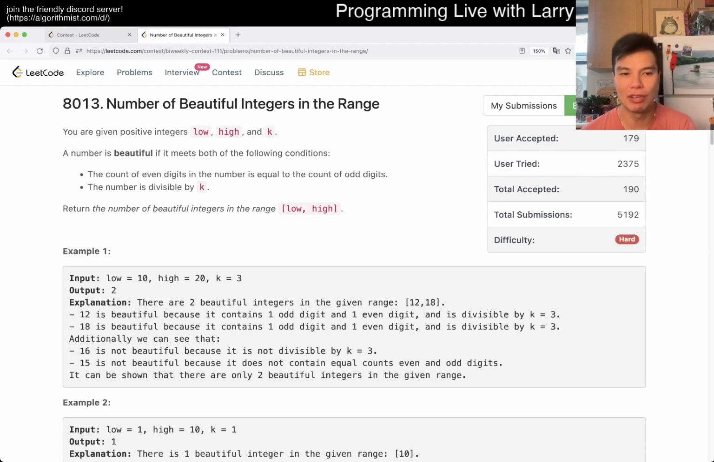Hey everybody, this is Larry, going over Q4 of the bi-weekly contest 111, number of beautiful integers